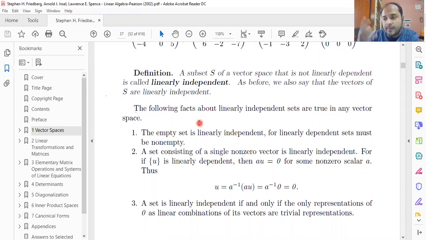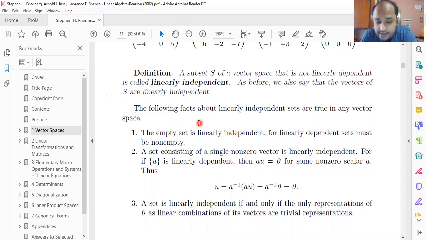And for linear dependence, the empty set must contain a vector, because you have to show that for that vector, there exists a non-zero scalar which, multiplied by the vector, becomes the 0 vector. But if the empty set is LD, that means it must contain a vector, which is not true, because the empty set doesn't contain anything, and therefore it must be LI,